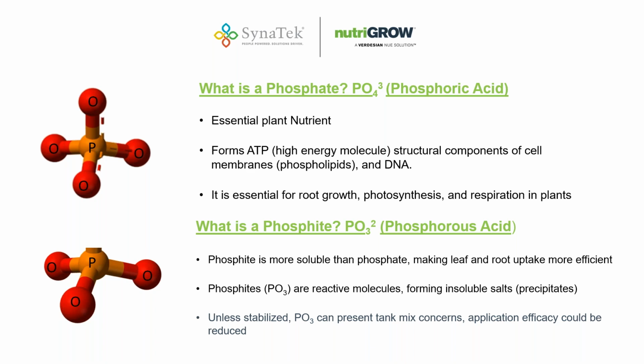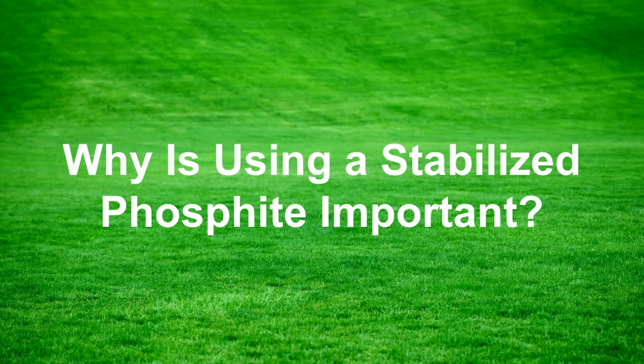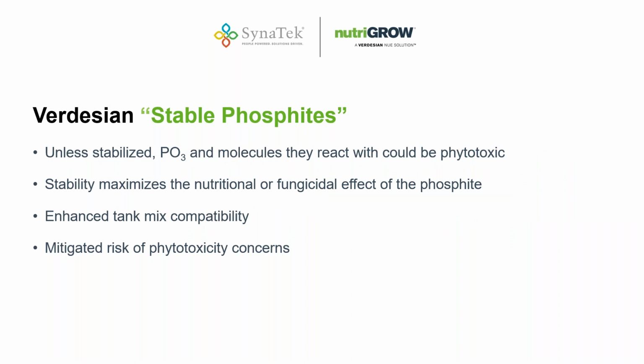And when choosing a phosphite, it's important that it is stabilized. Can you go into why that is important? Well, the stabilization is the reason that NutriGrow Magnum was patented back 25 plus years ago by AgroWestern. And it's evolved into the stabilization means that when it's tank mixed and sprayed, that it remains as a PO3 molecule in the spray stream or the spray application, where unstable or other conventional phosphites, or what we term phosphites,